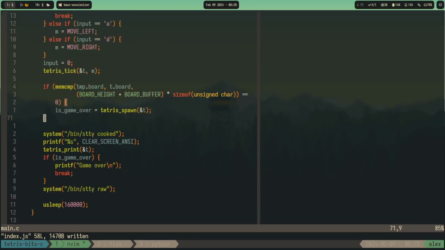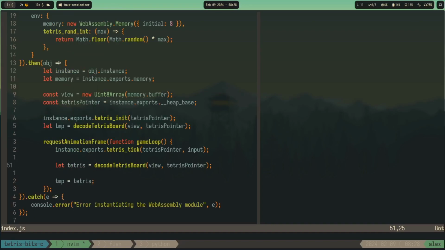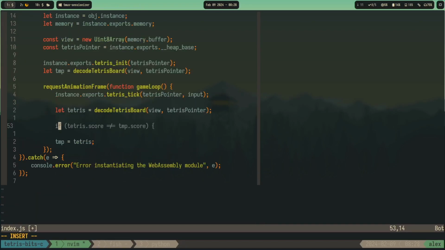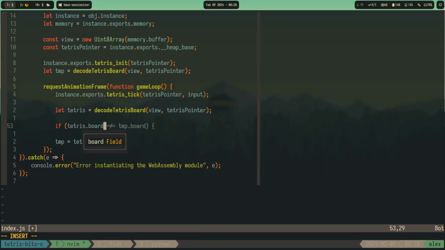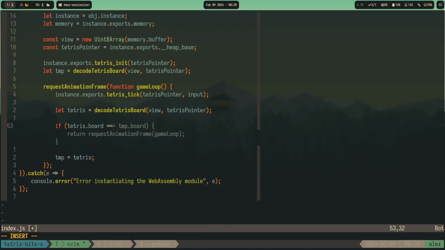Okay, so now we should compare the boards. So if tetris dot board equals temporary dot board,